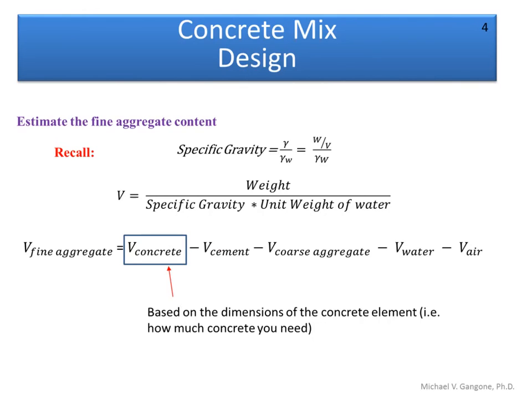Now, the one reason why I bring this particular slide up is more so just to kind of recall this particular equation here, which is on specific gravity. So again, specific gravity is the specific weight or the unit weight of some material to the unit weight of water. Okay, and the unit weight is calculated as the weight of something divided by the volume. Okay. Now again, when we're saying unit weight, we got to keep in mind this is weight and not mass. Okay, so there is a distinction between mass and weight, and obviously the difference between the two is gravity. All right, so whenever you're dealing with specific weight, gamma, you have to make sure you're using weight and